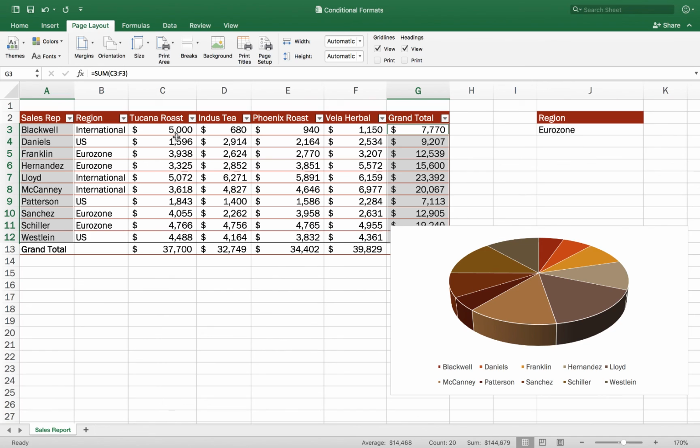Okay, anybody have any questions on what we're doing with charts or sparklines or conditional formatting or any of this stuff? Nobody's got any questions or comments? All right, let me see. I'm trying to think what else we want to touch on here.